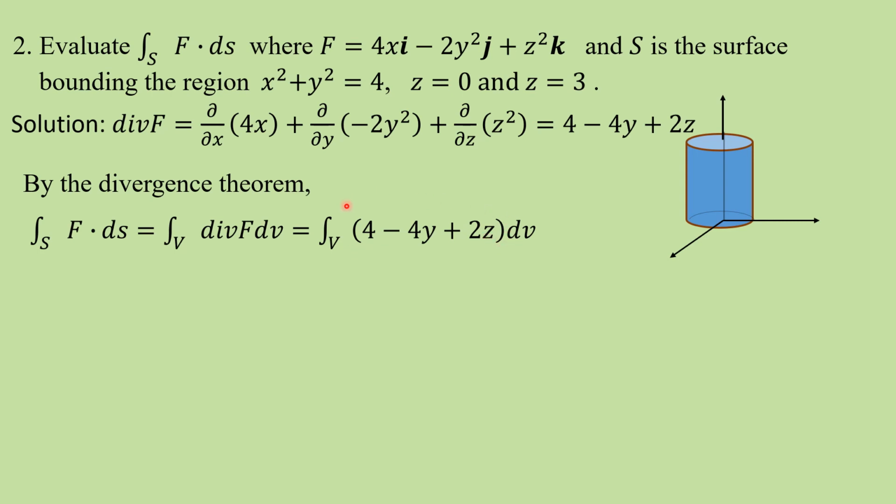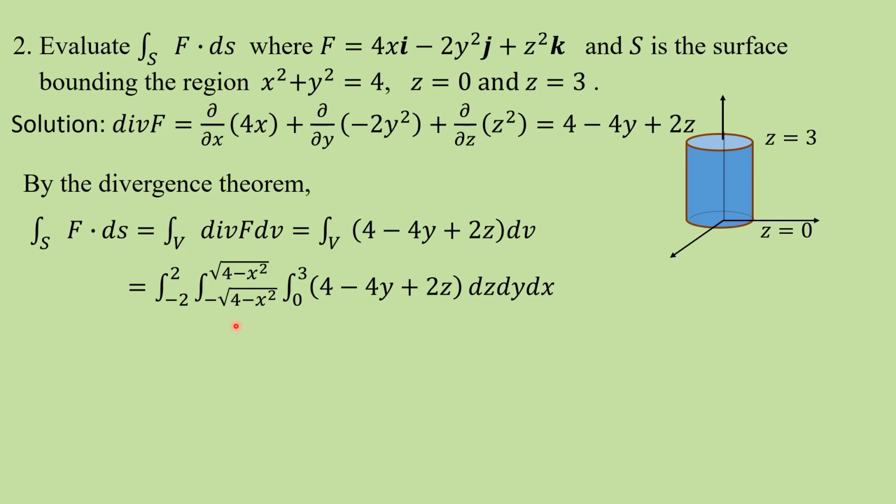So I want to take now the triple integral of this with respect to z, y, x, as I have taken the order first with respect to z, then y, then x. The corresponding limits for z, y, x: z varies from 0 to 3. Then the projection of that on the xy plane is clearly a circle, x square plus y square equal to 4. From that I can get the limits for y and x. So y is equal to plus or minus root 4 minus x square. So y varies from minus root 4 minus x square to root 4 minus x square, and x varies from minus 2 to 2, correct?